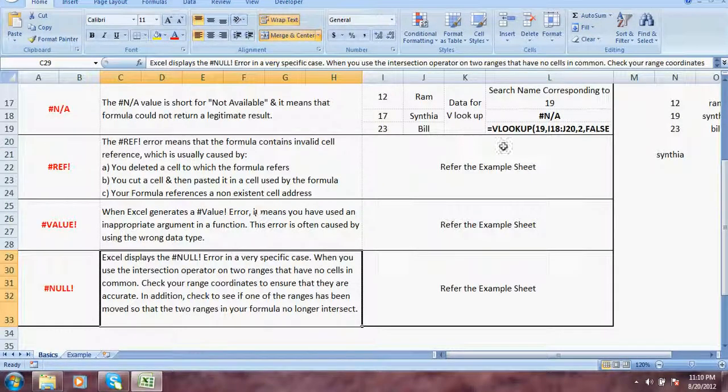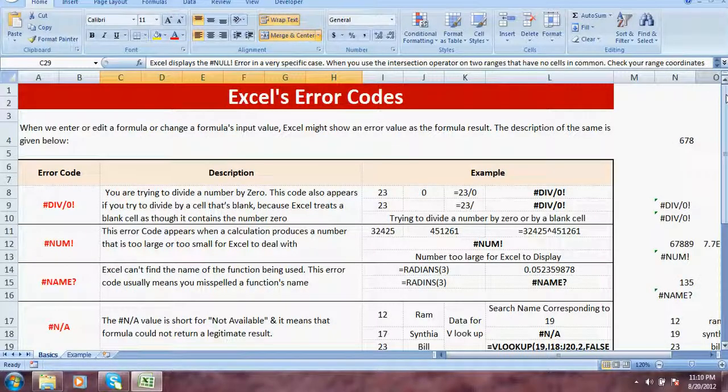Okay, now basically I think you have already learnt about different types of errors which you will encounter while working with Excel formulas. In the next chapter we'll learn about how to take care of these formulas, like even if your worksheet is big, how to find in which cell the error is there, so that you can make error proof worksheets and learn more about Excel in time to come.